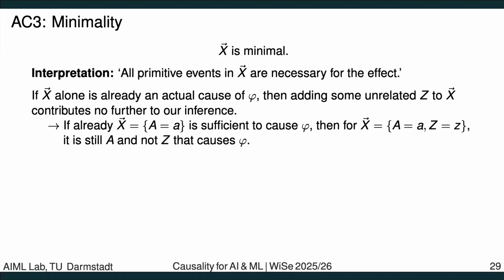And as I said before, the third rule is this minimality condition. If we find some small set that already is an actual cause of some outcome, then we don't need to search further. In theory, we could add additional factors, but it really doesn't help us. So for consistency, or just to have a unique set of variables that we consider but-for cause, we say it's the minimal one that fulfills all these rules.